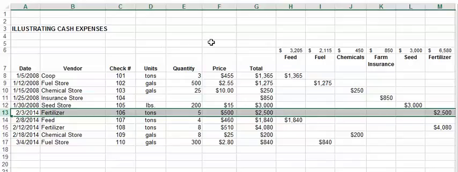one of the sections of the chart of accounts that we will need when we begin to create financial